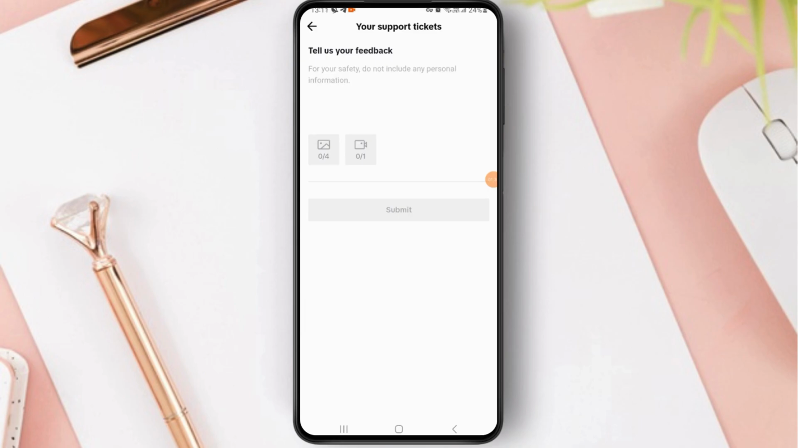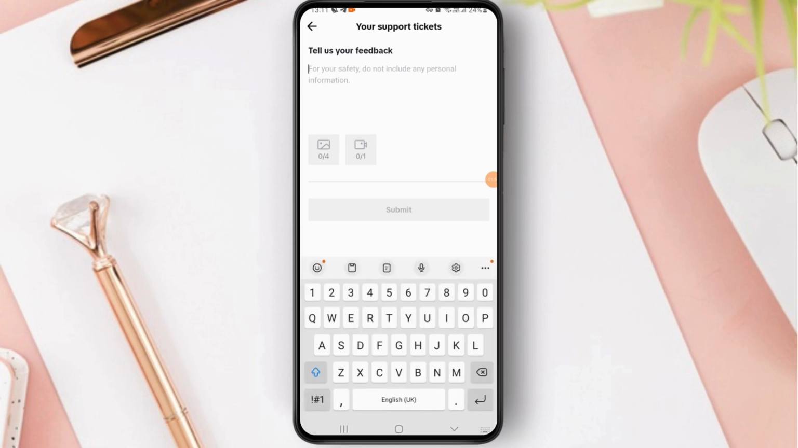and here you can see tell us your feedback. Simply type here your problem, like I'm having a problem. I'm having a problem to repost option not showing on my TikTok app, and please solve this issue. If you can type here, you can simply type here your issue, that please fix